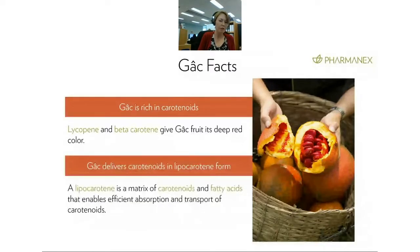So, briefly mentioned that earlier, but essentially GAC naturally has fatty acids present in the pulp, and those carotenoids are pre-dissolved in that fatty acid matrix. And that enables efficient absorption of those carotenoids and enhances its bioavailability. Carotenoids, as you may know already, are fat-soluble molecules, so they tend to clump up in the digestive tract on their own because there's a lot of water in the digestive tract. And so if you can dissolve them and help break those clumps up, then you're going to get better absorption